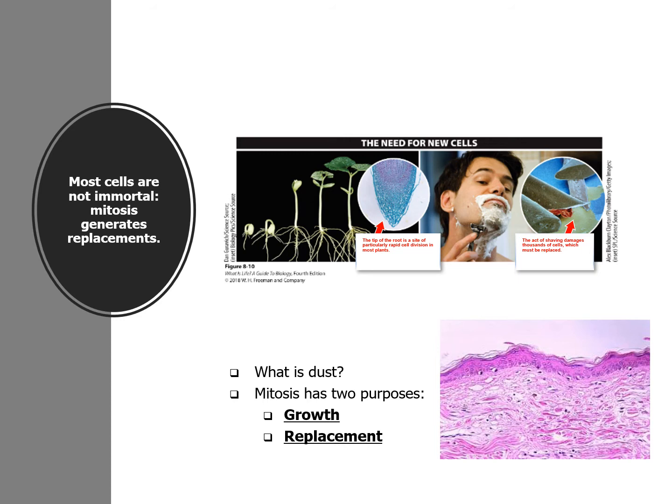So this picture here is a skin slide picture, and those layers are going to push up until you see those kind of stringy parts at the top flake off or come off, and that is what dust is, a bunch of skin cells. So mitosis has two purposes, that is growth, which we've talked about, and replacement, which we've also talked about.